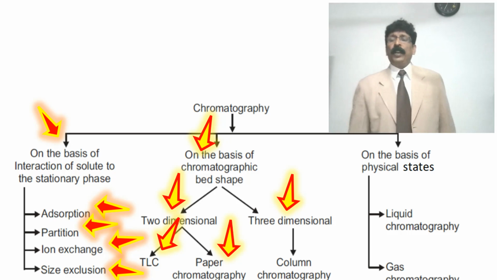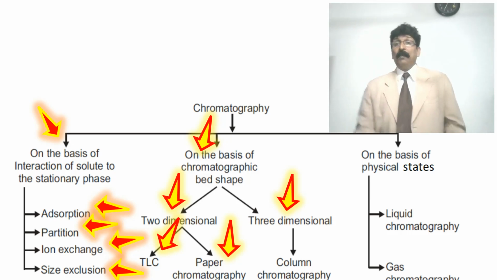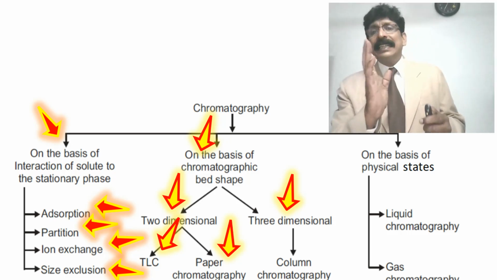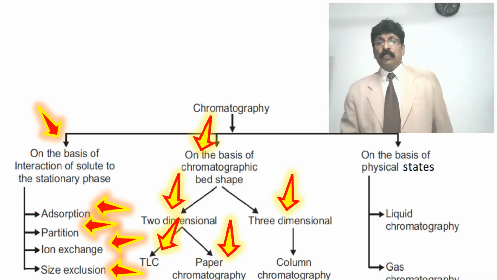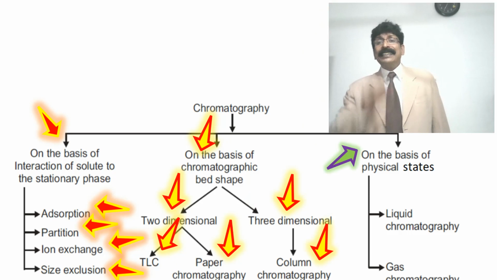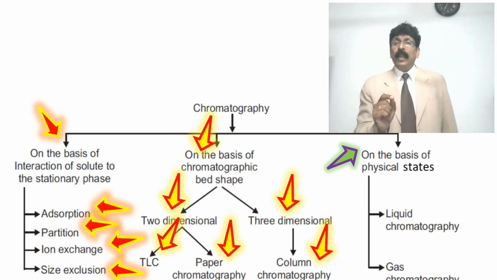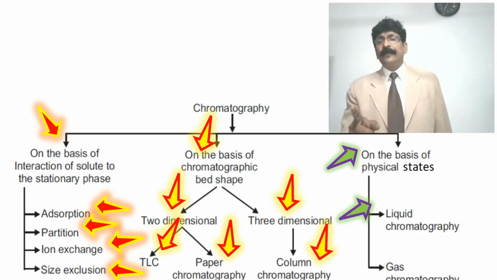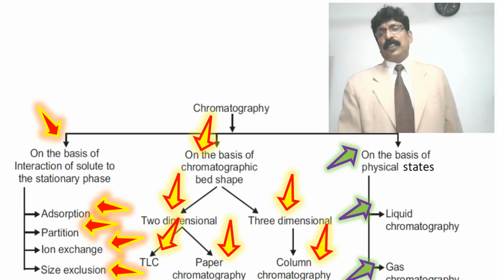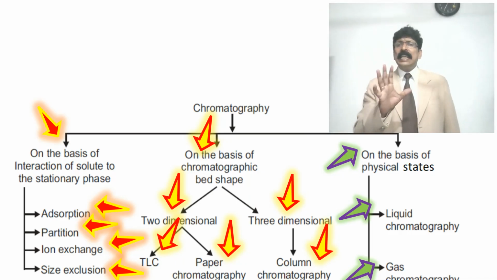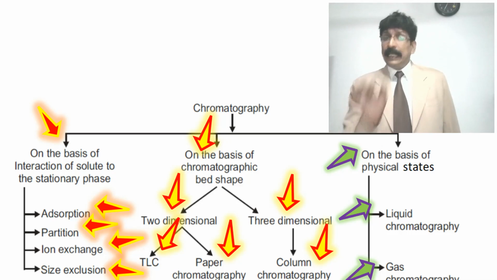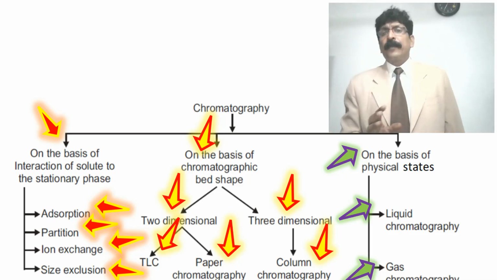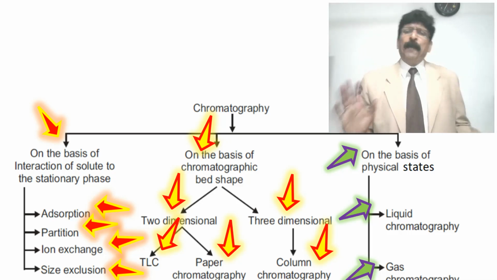The movement of the molecules can be seen in the X, Y and Z angles, so that's why column chromatography is the example. On the basis of physical state, liquid chromatography and gas chromatography. So this gives an example for the student to write in the beginning stage, a simple classification of different